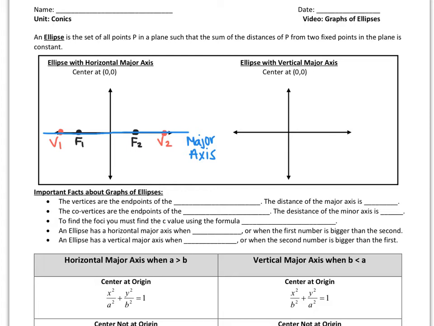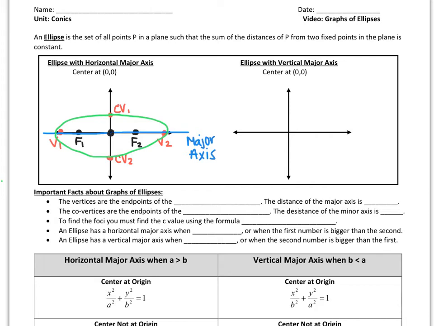And then we have something called covertices, which we'll label up here. We'll call this covertice 1, and we'll call this one covertice 2. So because our major axis is going horizontally, we have an ellipse that looks like this. Now this ellipse here looks like an oval. That's the difference between an ellipse and a circle. So again, just to repeat, we have two fixed points. We have two vertices that lie on the major axis, and then we have our covertices with our center